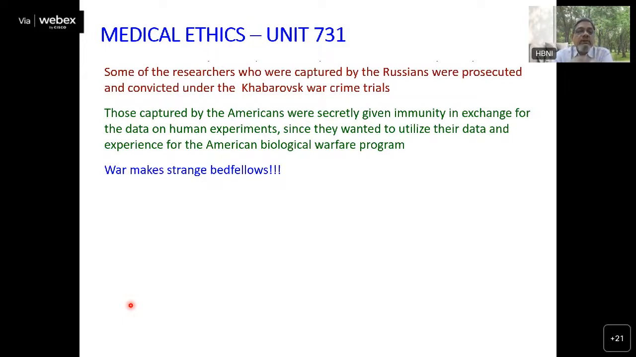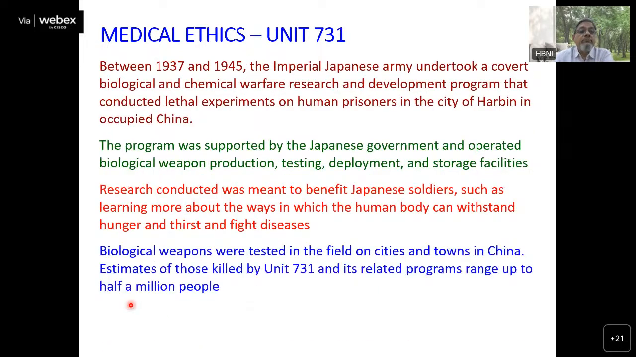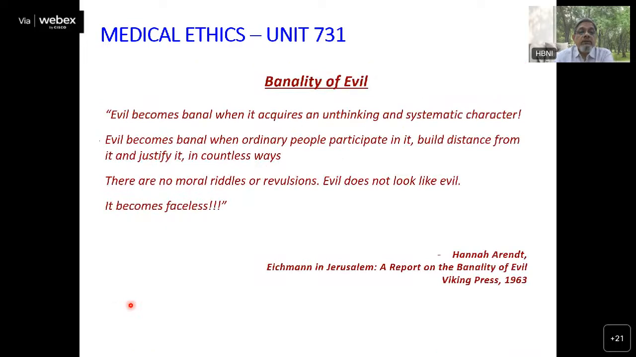Okay, so you see the ethics part here, how unethical the way the Americans behaved here. So you can see that war actually makes very strange bedfellows. So what happens is that whenever this evil is there, there was a very famous quote